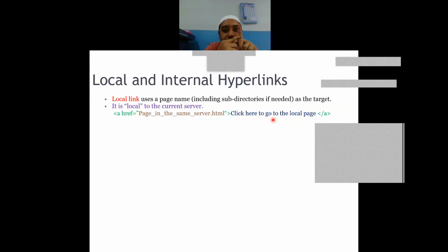For example, the text may be click me, click on this link, or read more, something intuitive to the user, such that the user can click that text and go on to the second page.